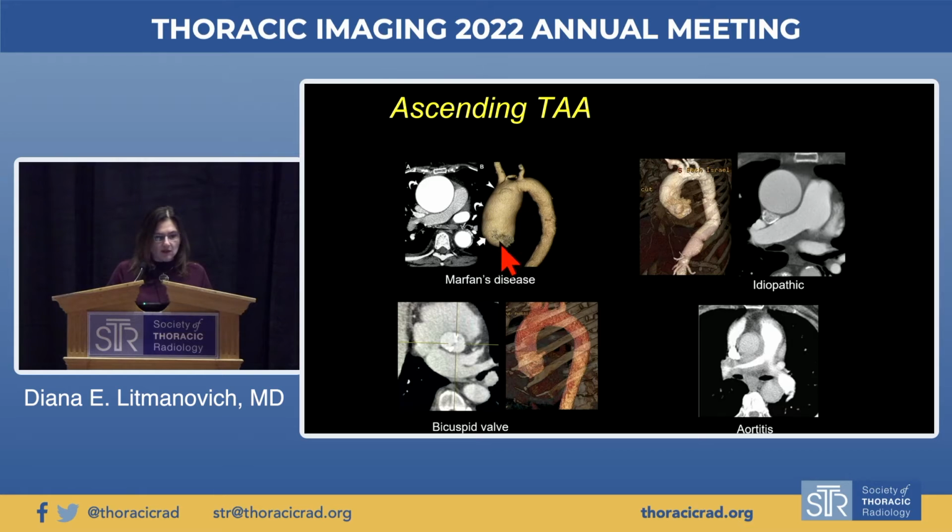You can see here this appearance of the ascending aorta, very bulbous. Some people call it onion bulb. The other ones who are more poetic will call it a tulip bulb. Doesn't matter. Still, we see that the sinotubular junction is gone. And that's very classic for Marfan disease. As opposite, for example, for this idiopathic aneurysm of the ascending aorta, where we can appreciate